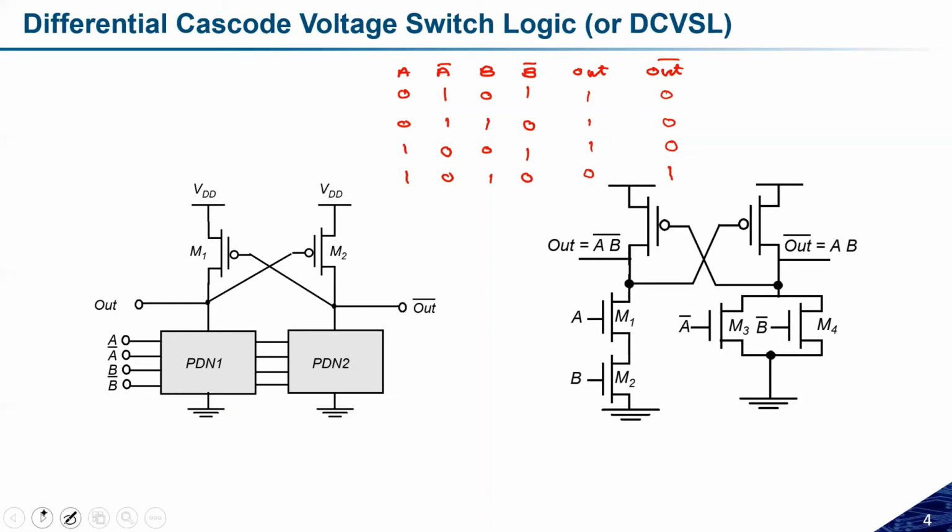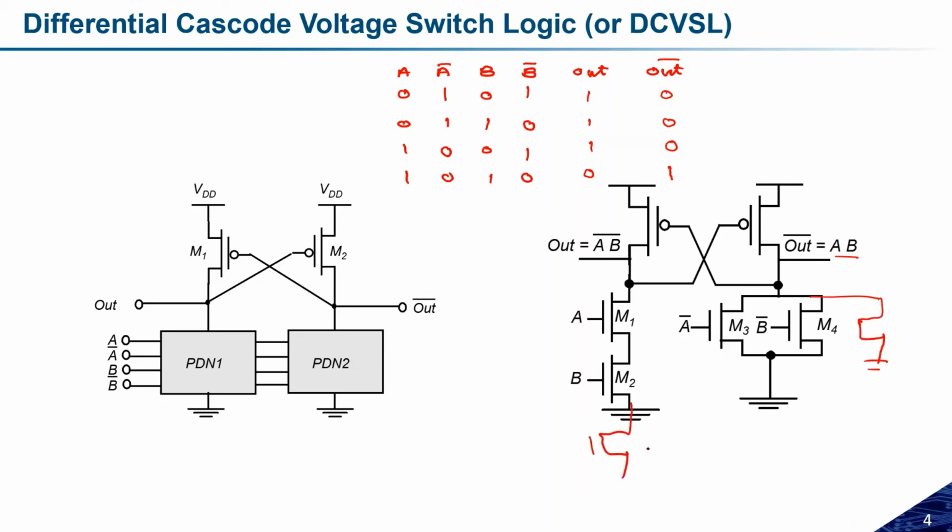Now suppose I have to make a 2 input NAND gate. How many transistors do we need? We need 4 transistors. And for AND, we need to invert it, so the total number of transistors will be 6, right? And here, if you see, I am getting AND and NAND both, and the total number of transistors is also 6 here. But the thing is, if we increase the number of inputs, like 3 inputs, then I will add 1 transistor over here and 1 more transistor over here.